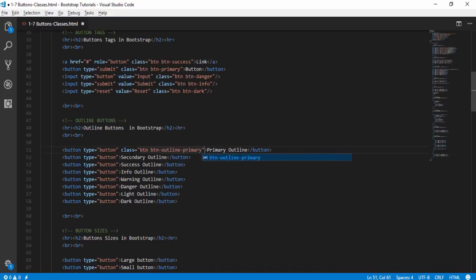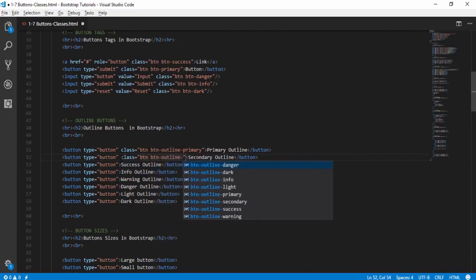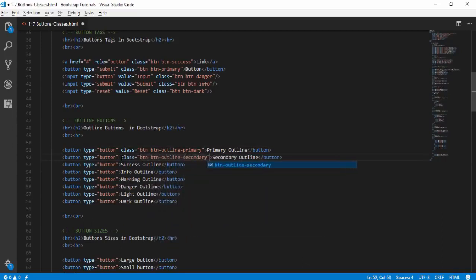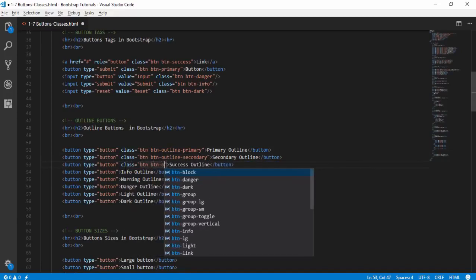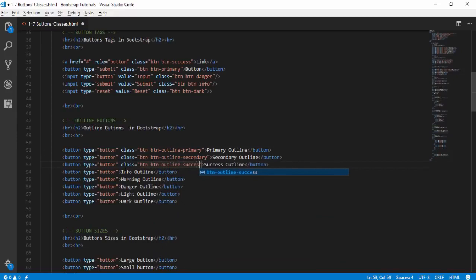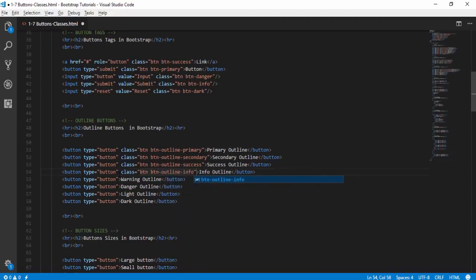I use primary. Save. I will use each color, btn outline secondary, and then I use class btn outline success, btn outline info,